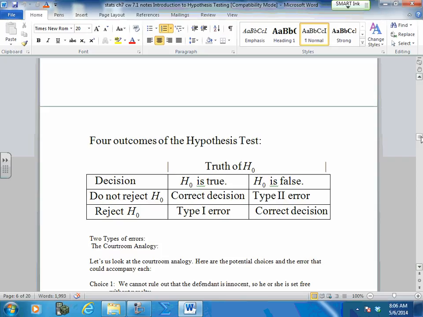H0 is true, but you rejected it. Type 1 error. H0 was false. The statement was really a false statement, but you did not reject it. Whoops, error. Type 2 error. It was false and you rejected it. Good decision. So all I want you to be aware of is that there are two types of errors